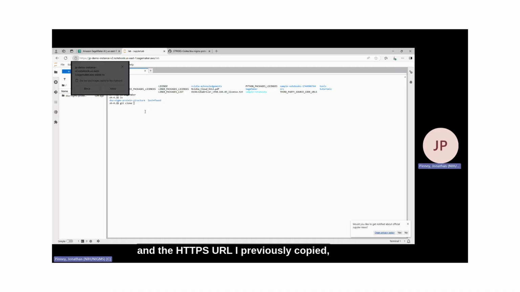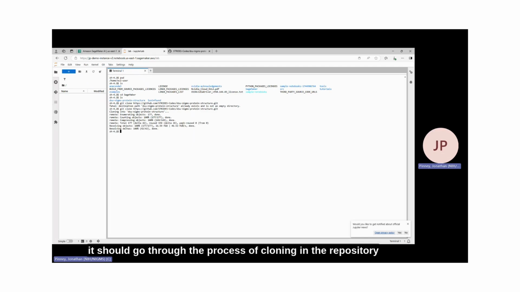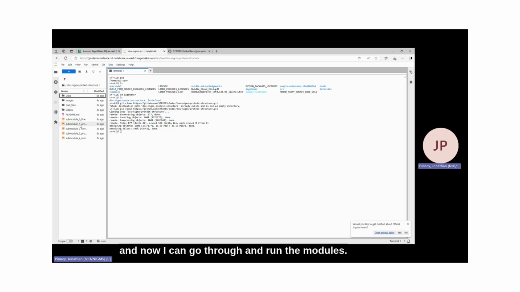and the HTTPS URL I previously copied to clone in. Now it says fatal destination. However, that is because the GitHub repo already exists, but I can just delete that, run it again. And now that I've deleted it, it should go through the process of cloning in the repository. However, it won't overwrite it. As you can see, it just appeared,